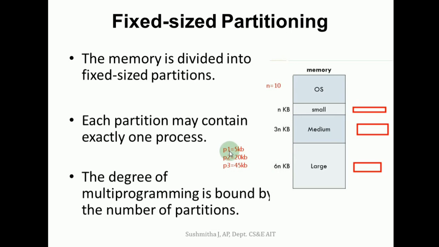Now my process size is 5 KB, but the partition I am allocating is 10 KB. There is 5 more KB remaining. This is an issue of fragmentation. Probably we will address that in detail in the coming slides. So to remember, we can never get a process of the exact size. There will always be some space that is remaining. How that is dealt with is what we will see further.